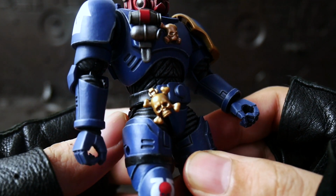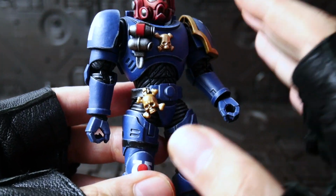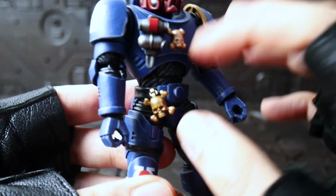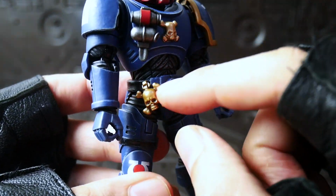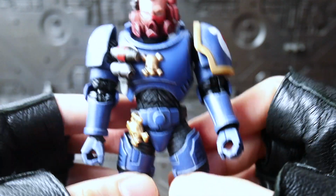Something breaking, it happens in JoyToy. I'm not against JoyToy, I love their stuff, okay, but it's fixable sometimes, but I would rather not break anything, right? Okay, so